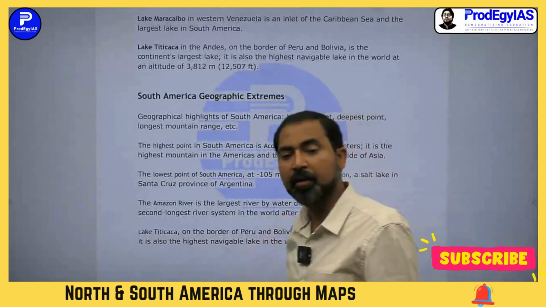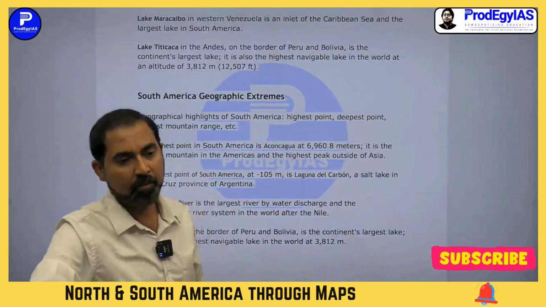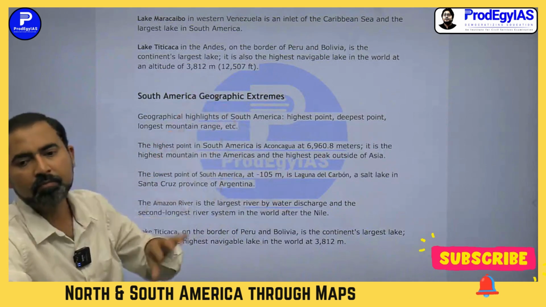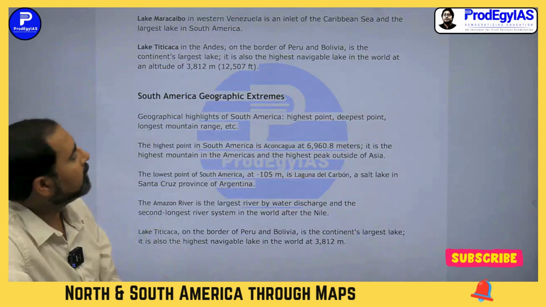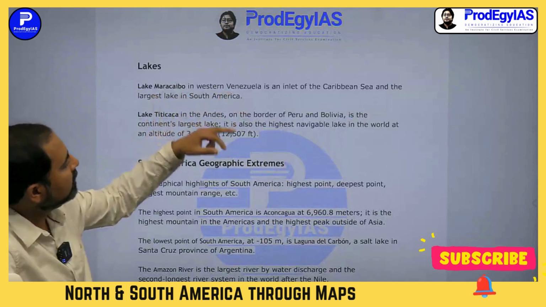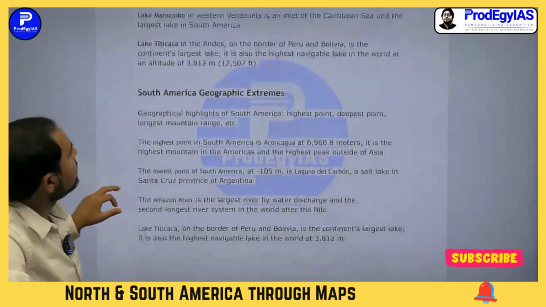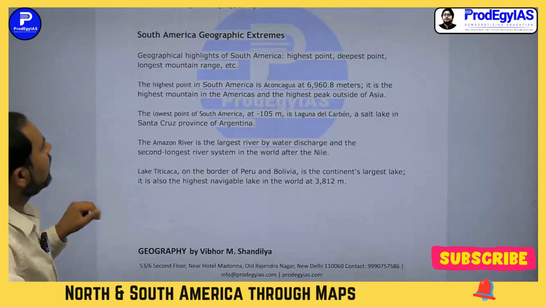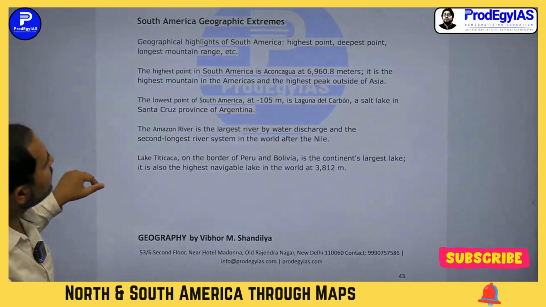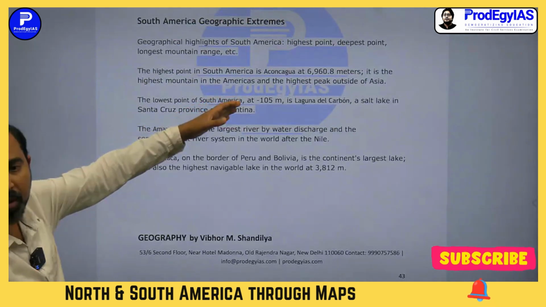Now Venezuela, right, earlier it was Saudi Arabia, but the largest oil reserve is around this Lake Maracaibo, okay. So this is also important for your exam that the Lake Maracaibo region is important for oil resources, right? Then some of the geographic extremes of South America, like the highest point is Aconcagua, Mount Aconcagua, that